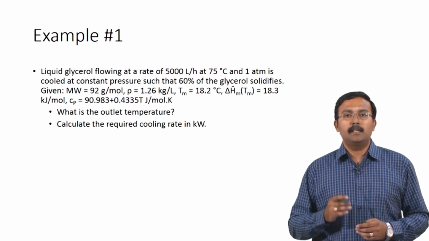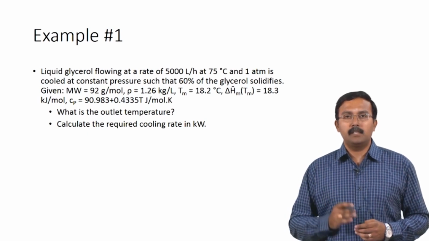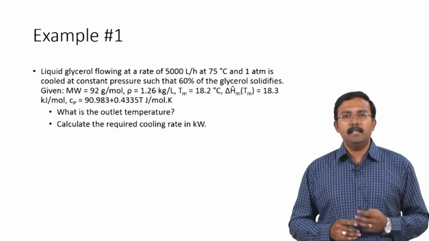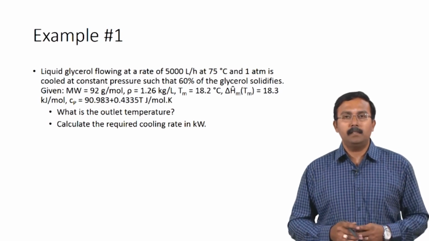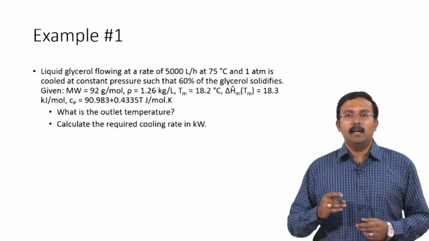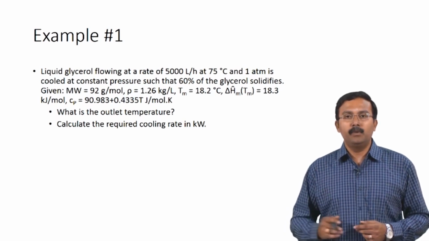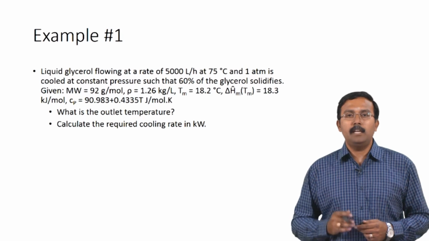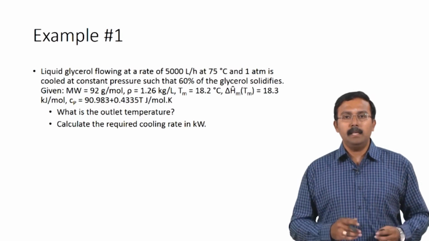You are given that the molecular weight of glycerol is 92 grams per mole, density is 1.26 kilograms per liter, the melting point is 18.2 degrees Celsius, the latent heat of fusion is 18.3 kilojoules per mole, and Cp for glycerol is